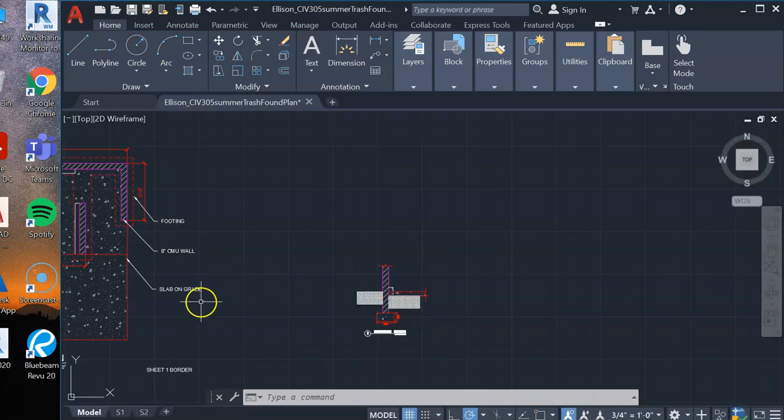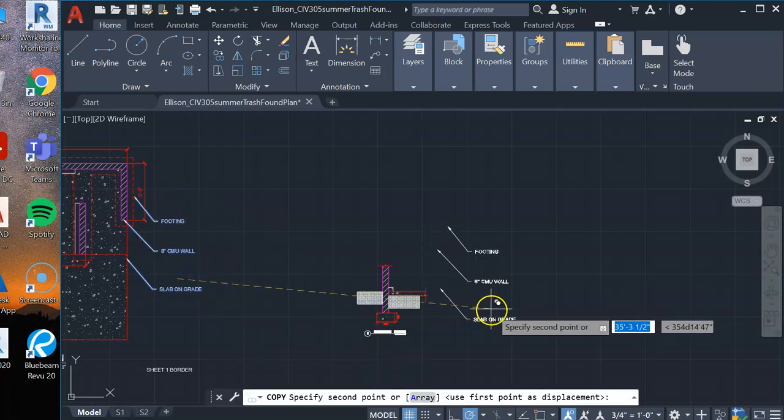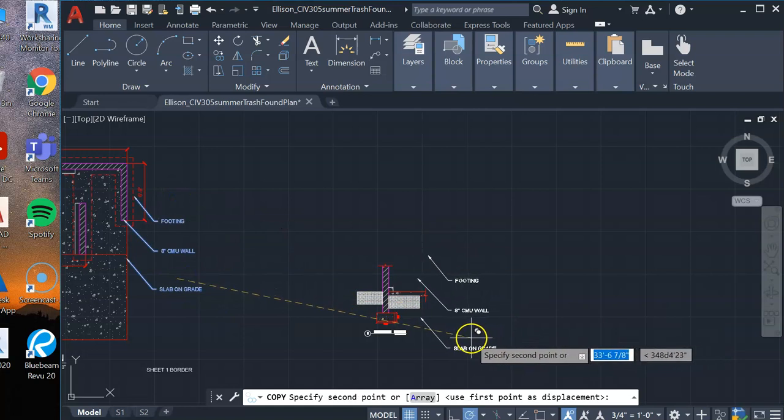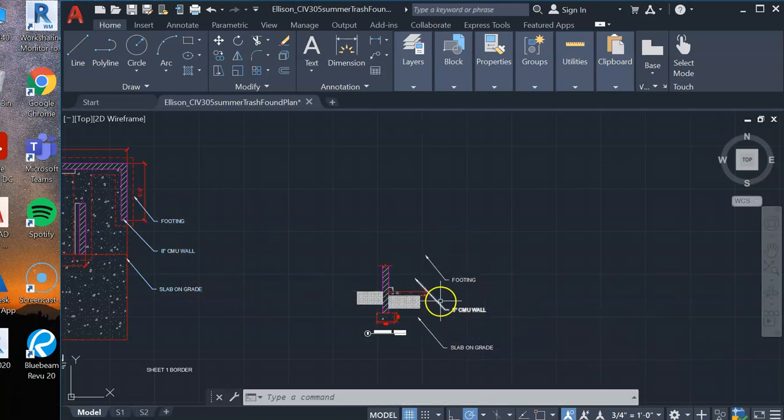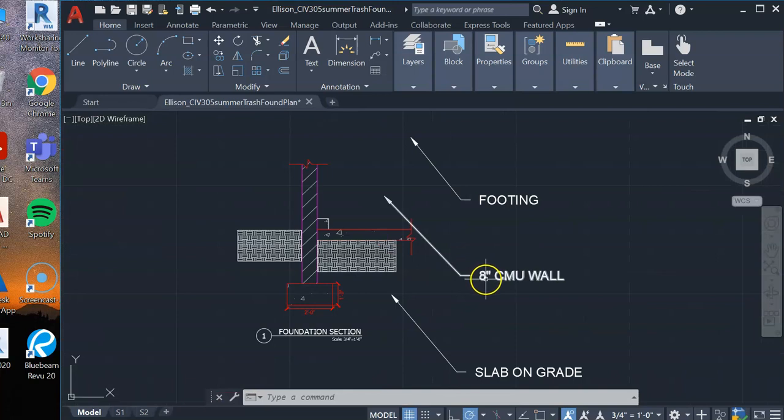I'm going to add notes, and I can copy the notes from over here. So I can hit copy, take these. I have all the same things. And I'll move these around